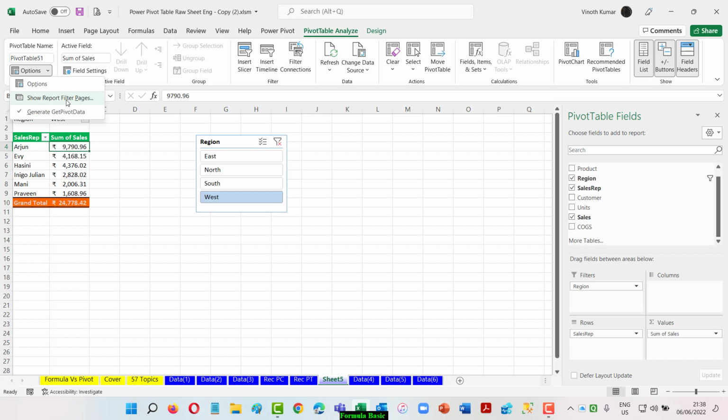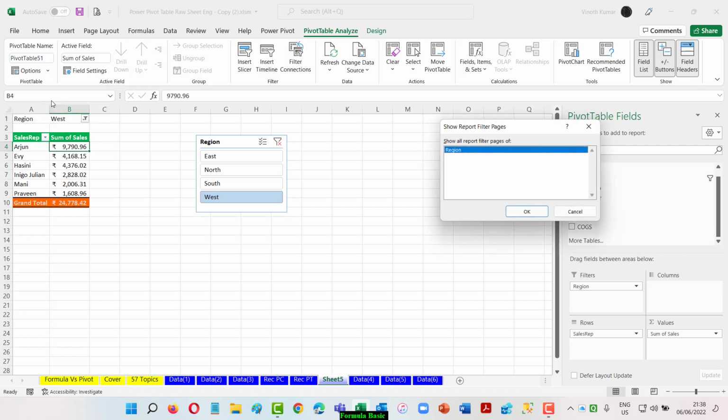So when I say show report filter pages, now I have the region coming into play. When I click this, it will ask a question: would you like to break the report into 4 different sheets with all the regions that I have here? So now I give an OK. Now I have sheet 5 where I have labeled my region-wise sales. When I give an OK here, that gives you